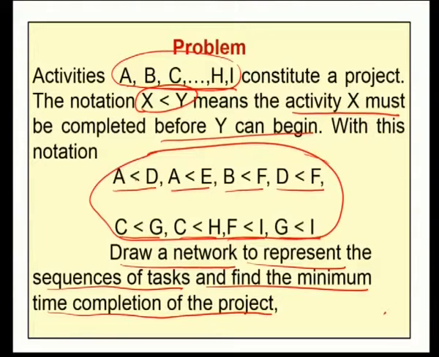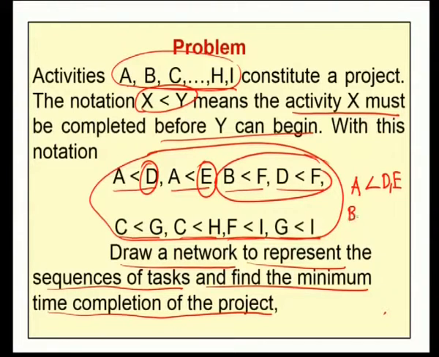For A, the successors are D and E. So, A less than D and E. That means, for D and E, the immediate preceding activity is A; otherwise, for A the succeeding activities are D and E. Similarly, B and D less than F, which means for B and D the successor activity is F. Similarly, from C less than G and C less than H, for the activity C the successor activities are G and H. Otherwise, for the activities G and H, the immediate predecessor is C. The same way, from the last two relations F less than I and G less than I, I is the successor activity of F and G. Otherwise, for I, the predecessors are F and G.